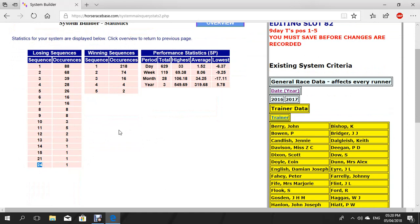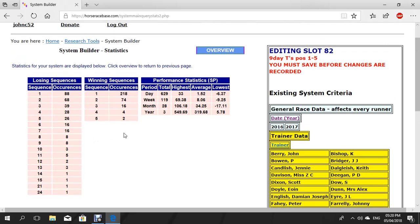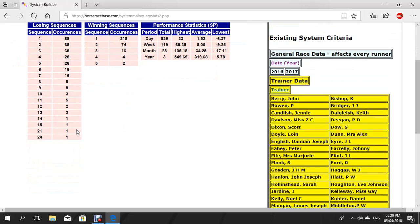So I digress anyway. But this is a win. So these outliers are the problem. In fact, anything here, you look, there's one of each: 14, 15, 21, 24. Many of these runs are going to put you off. Even if we start having runs, especially in the early 20s, you'd start wondering if the system had gone off. But as I say, this is why we stake to...